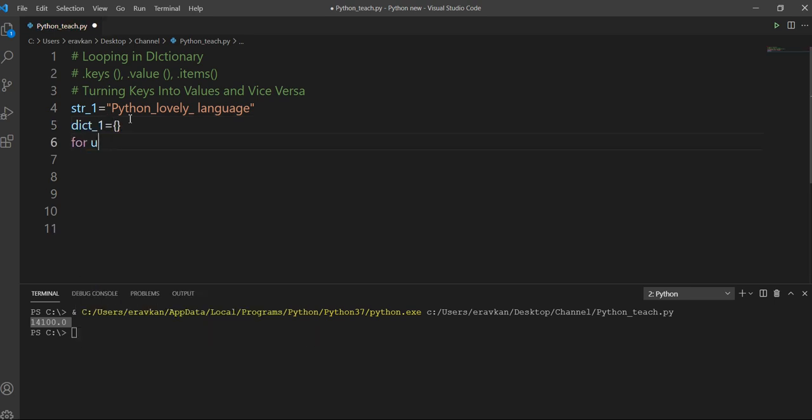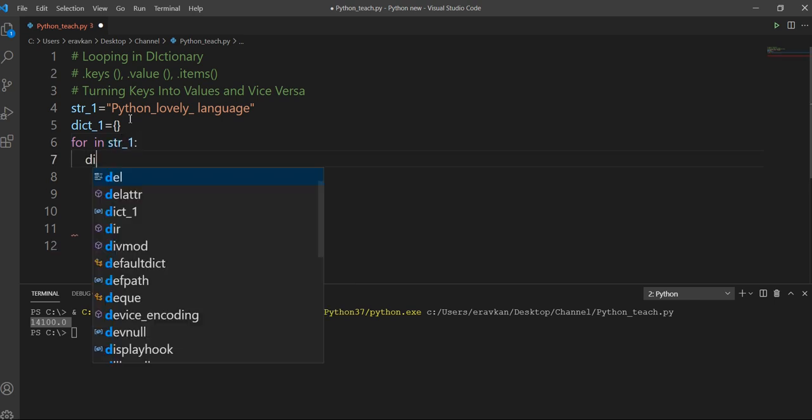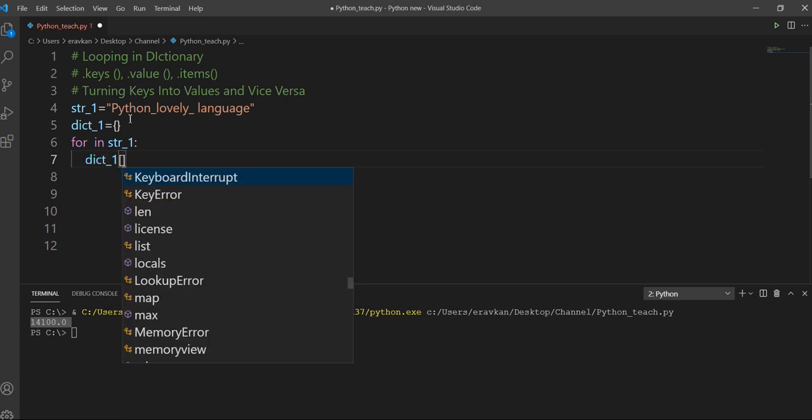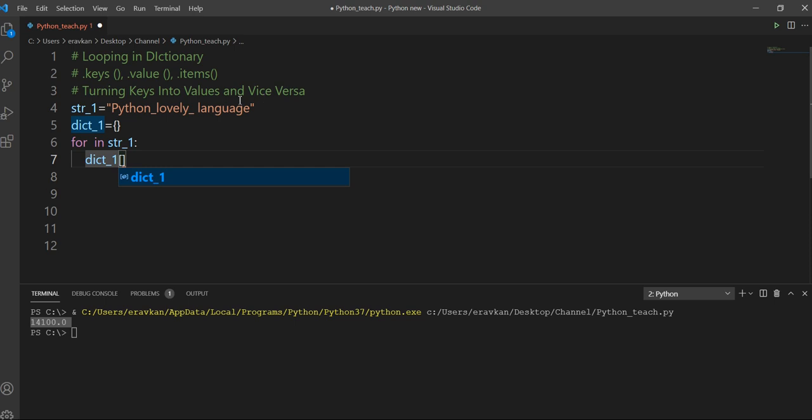Then for i in string, so I can loop through my string as well, I have told you already. Then dictionary_one, for i, my new dictionary will be created.